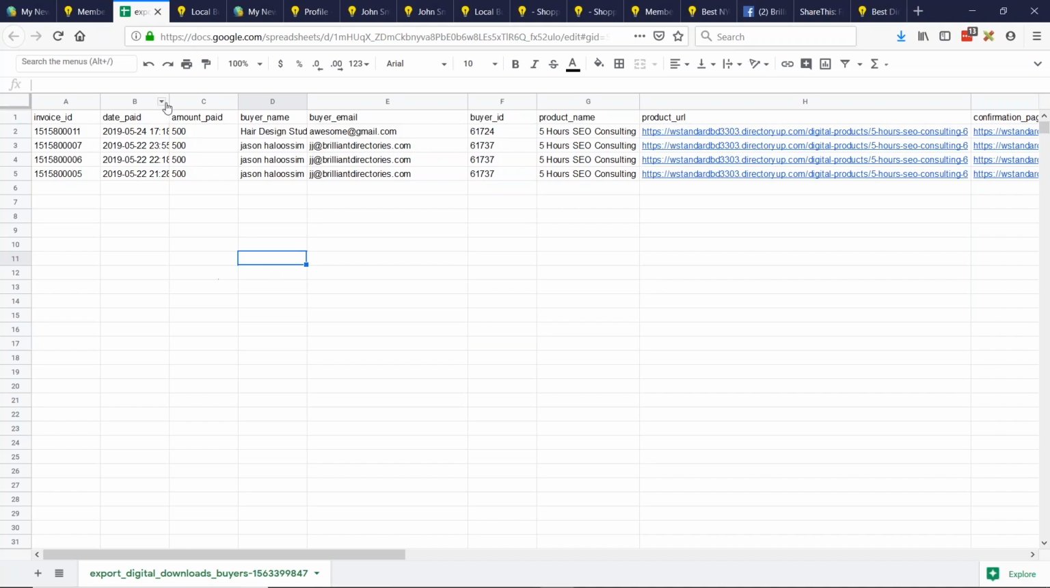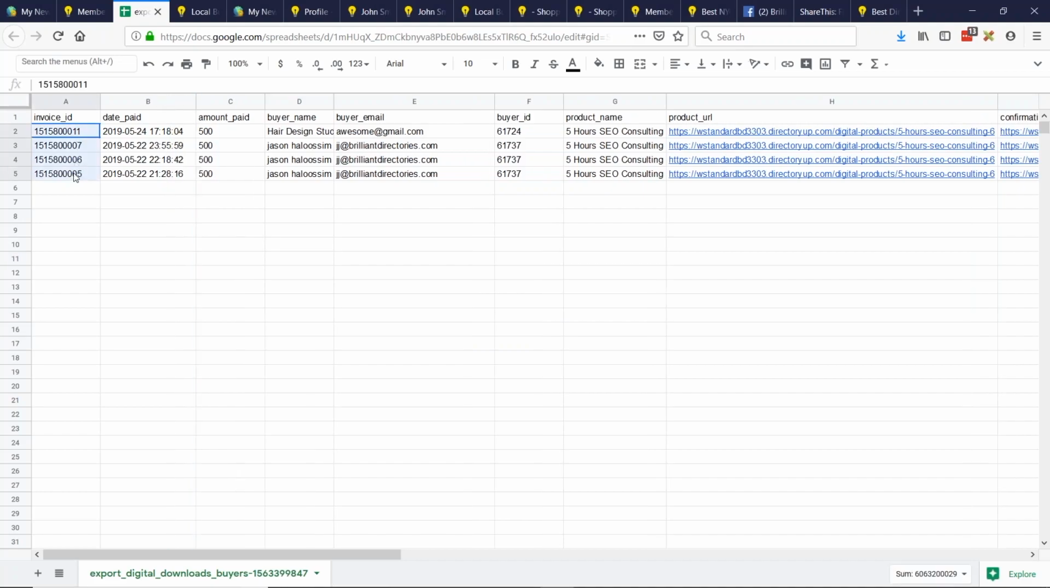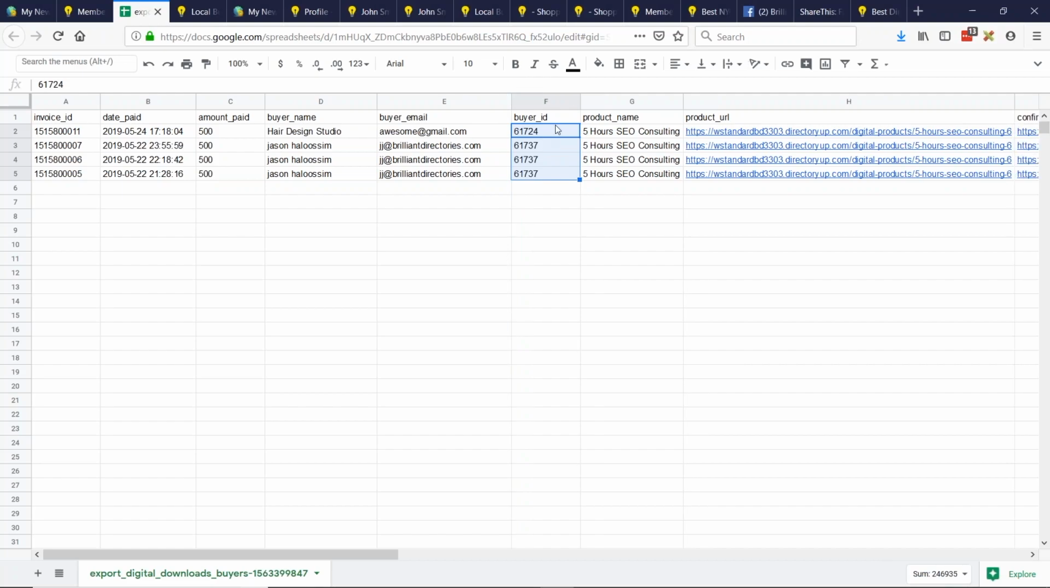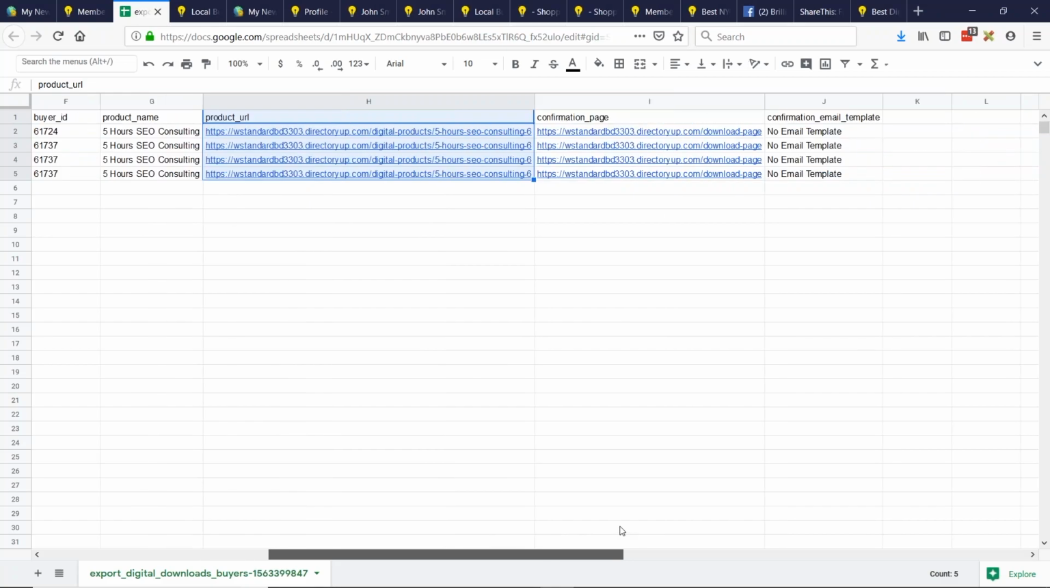You have a few things. You have the invoice ID, which will correspond to the invoice ID in your website's transaction history, the purchase date, the amount that was collected and paid, the buyer's name, the buyer's email address, the buyer's member ID. This corresponds to their member ID on your BD website, because you do need to register in order to purchase a digital product through the website. The name of the product that was purchased, the product URL, the buy page where the transaction happened,